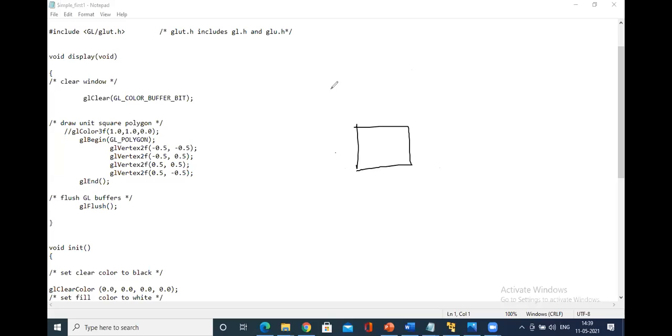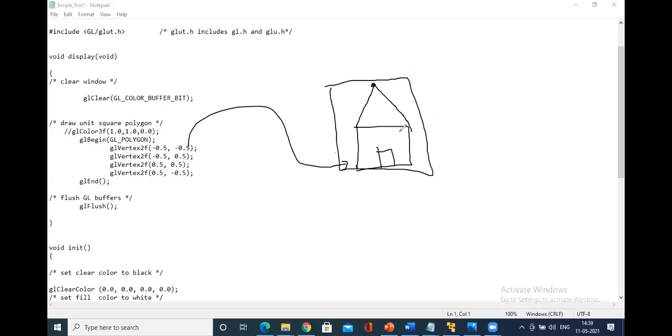Though the window size is 500 by 500, with my orthographic projection my visibility is within 1, 1, 1: x min, x max, y min. So this range is -1 to +1, and the z axis is similar, with near and far being 1 and -1. Within this range, we have to specify the coordinates.